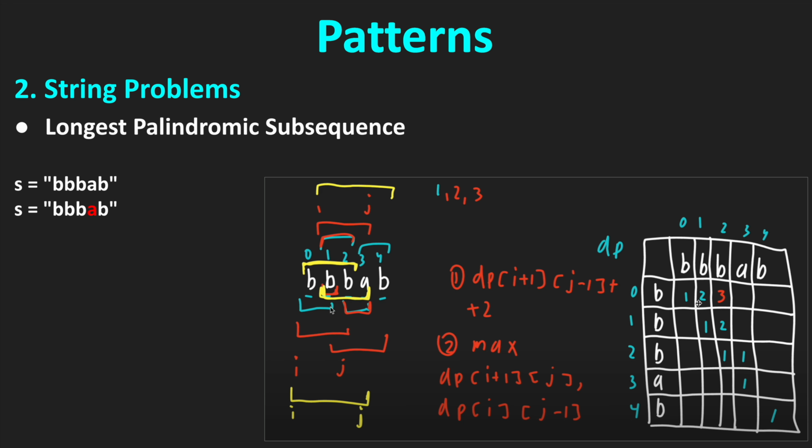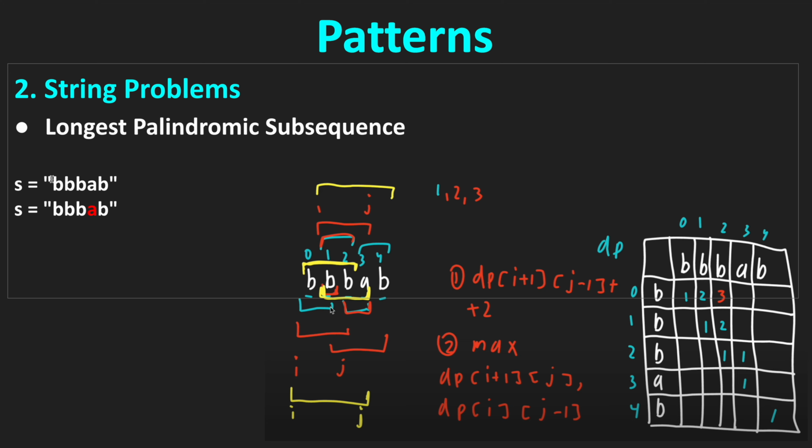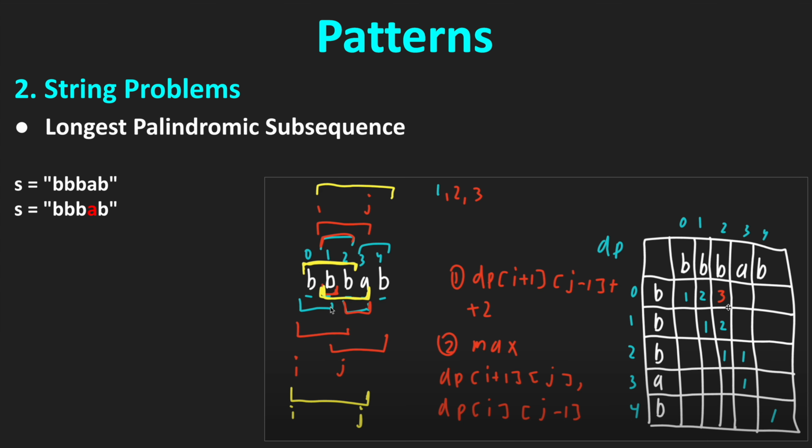So we are solving, let's say, we have only one letter. If we have only one letter, the length of that longest palindromic subsequence is just 1, right? Now we are solving for 2, right? So for example, for the index 1 and 2, for the index 2 and 3, for the index 3 and 4, and so on. So we are comparing those, and we are storing, for example, let's say for index